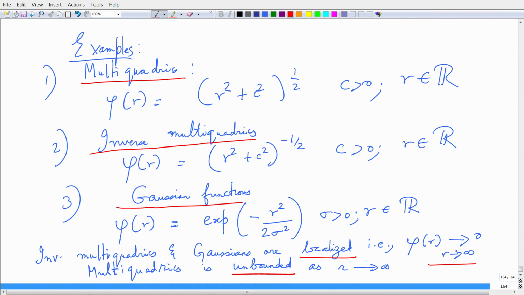So, therefore, we will have to take care to put bounds if we were to use this function within our interpolation problem. Okay. So, with this we complete the interpolation problem, and this is very important because we will revisit this problem in the context of the RBF network, the radial basis function network. At the output layer of the RBF network, we will have to solve for the weights, the synaptic weights that connect the hidden units with the output layer. In that context we will revisit this problem, and we will stop here.